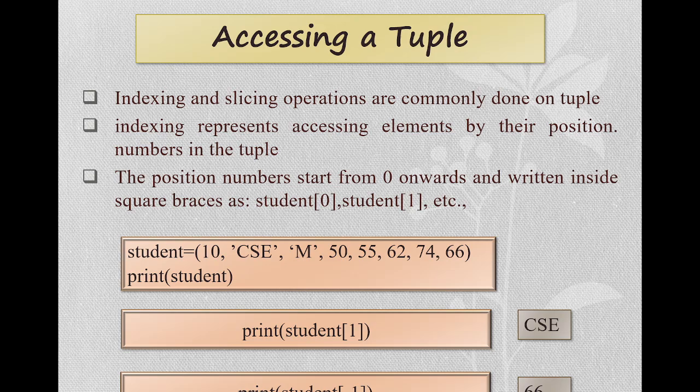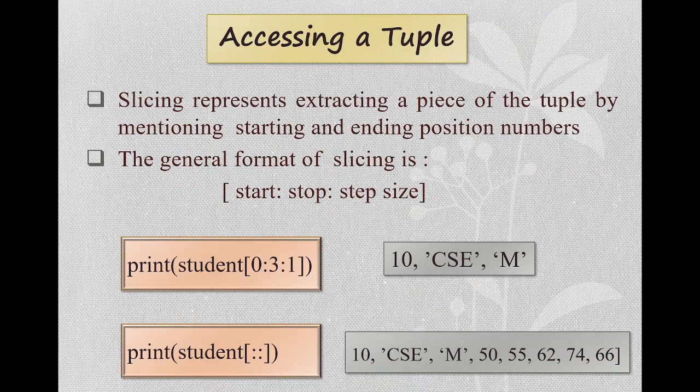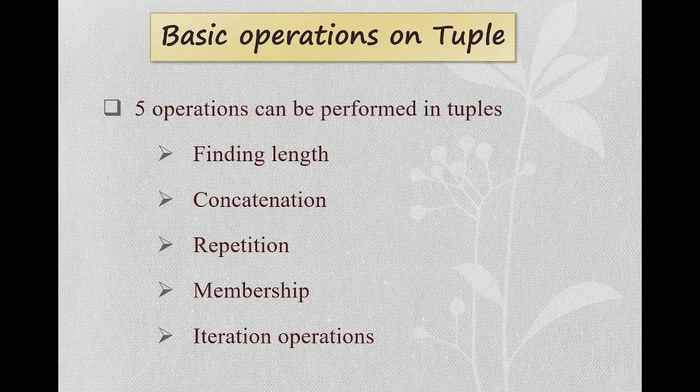to access the tuple elements. Slicing means extracting a piece of a tuple by mentioning starting and ending position numbers. The general format of slicing is start, stop, step size. And these are the basic operations. We usually use tuples for finding length, concatenation, repetition, membership, and iteration